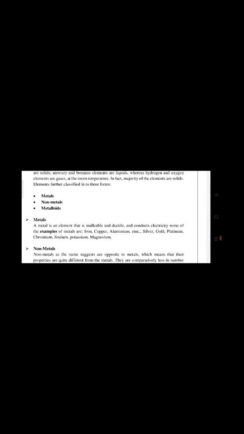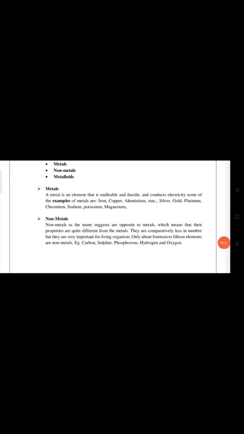A metal is an element that is malleable and ductile. That means it can be hammered into thin sheets and drawn into wire. They can conduct electricity and heat, and they are lustrous, they have a shiny property. So they are the metals. Examples of metals are iron, copper, aluminum. So the non-metals are,